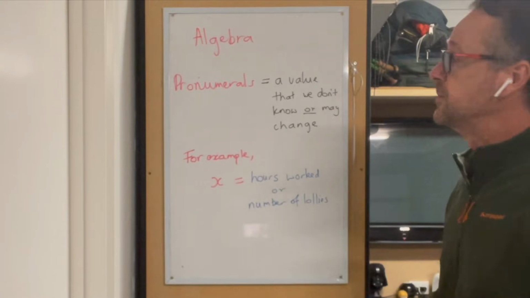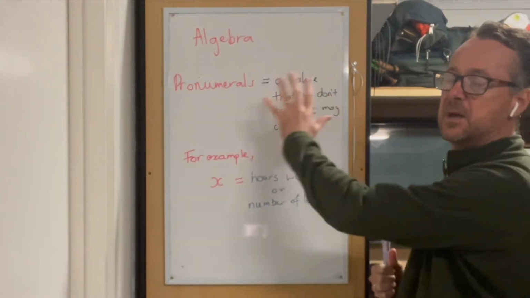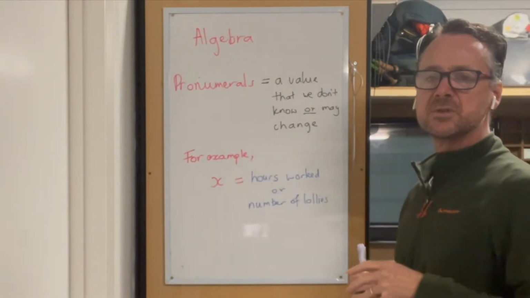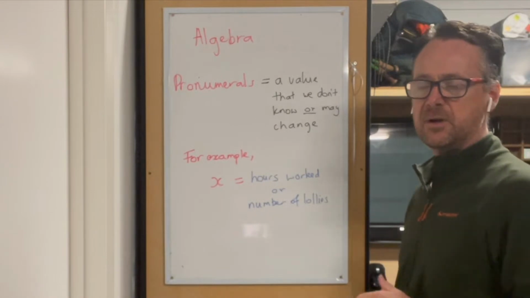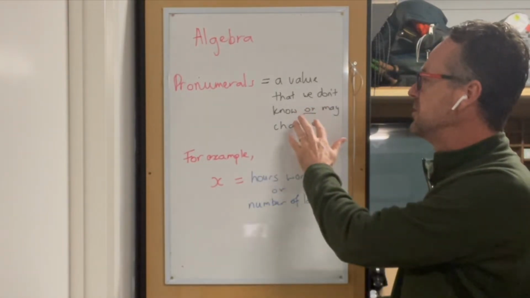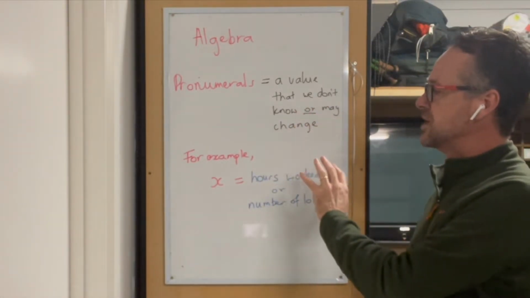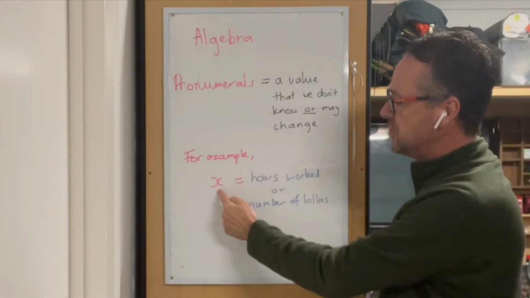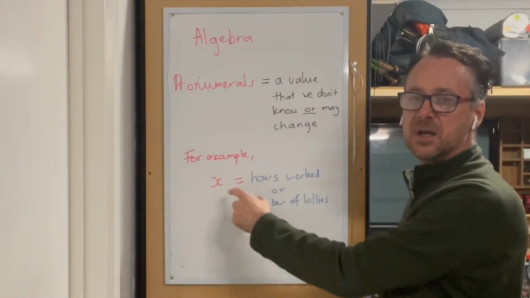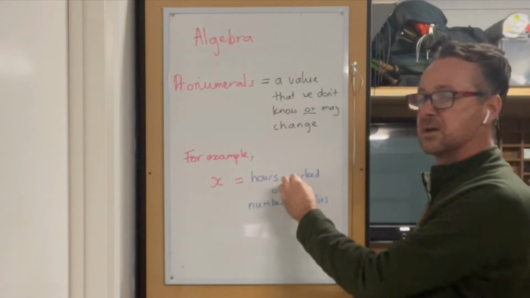Okay, let's look at some algebra. First, we need to understand about pronumerals. Pronumerals are letters that we apply in mathematics that represent a value that either we don't know or may change. So for example, we could use the pronumeral x and give it a value. So it might be equal to something like